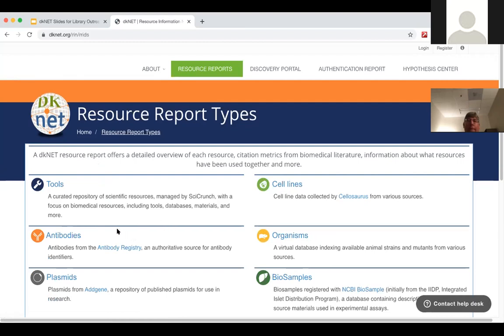So here are 6 different research resource types, including software tools, database, cell line, antibodies, organisms such as mouse, animals, different model organisms, and plasmid and biosamples. If researchers are looking for an antibody, they can go to antibodies.